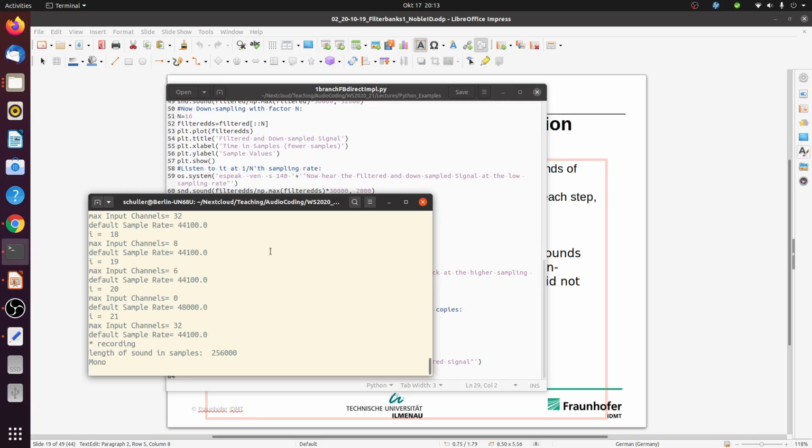This is a test for our direct implementation of a bandpass filter with